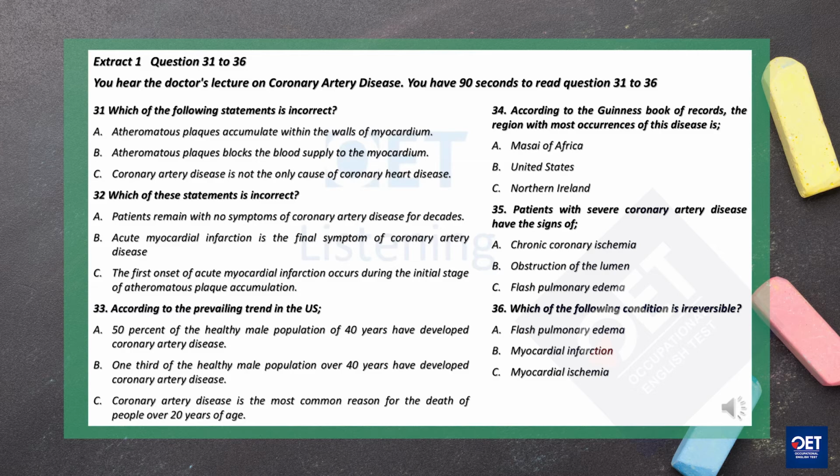As the severity of coronary artery disease develops, there may be almost complete obstruction of the lumen of the coronary artery, totally restricting the flow of oxygen-carrying blood to the myocardium. Patients with advanced coronary artery disease typically have suffered from single or multiple myocardial infarctions and may have symptoms and signs of chronic coronary ischemia, including symptoms of flash pulmonary edema and angina at rest.